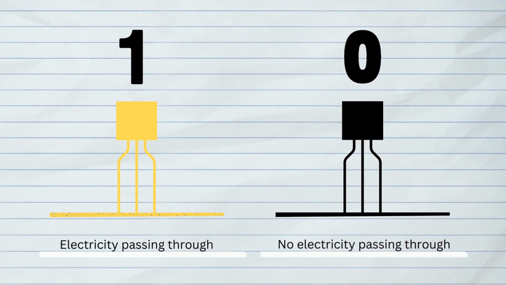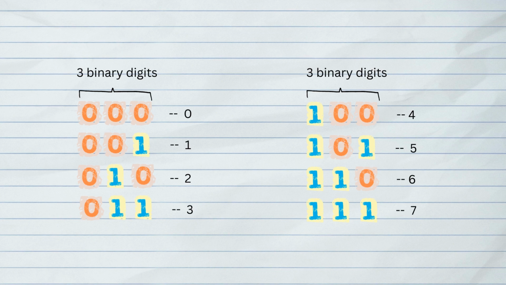Now, abstraction actually goes both ways. You may think we're starting just from the programming language itself, but we can actually go even smaller than that. We can go all the way down to the level of the transistors in our circuits. So transistors are used to represent binary digits by either allowing electricity to pass through or not. The presence of electricity can represent a 1, and the lack of electricity passing through can represent a 0. This is what we call binary. We can then combine binary digits to code for larger numbers. For example, if we have 3 transistors, we can represent the numbers from 0 to 7.